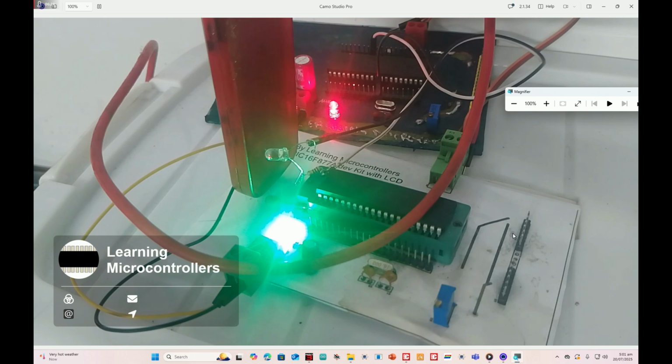So guys, this is how we make this work. This is just a demonstration, and in the future I will make more complex videos using PIC to PIC communication. So this was just a demonstration video for you guys